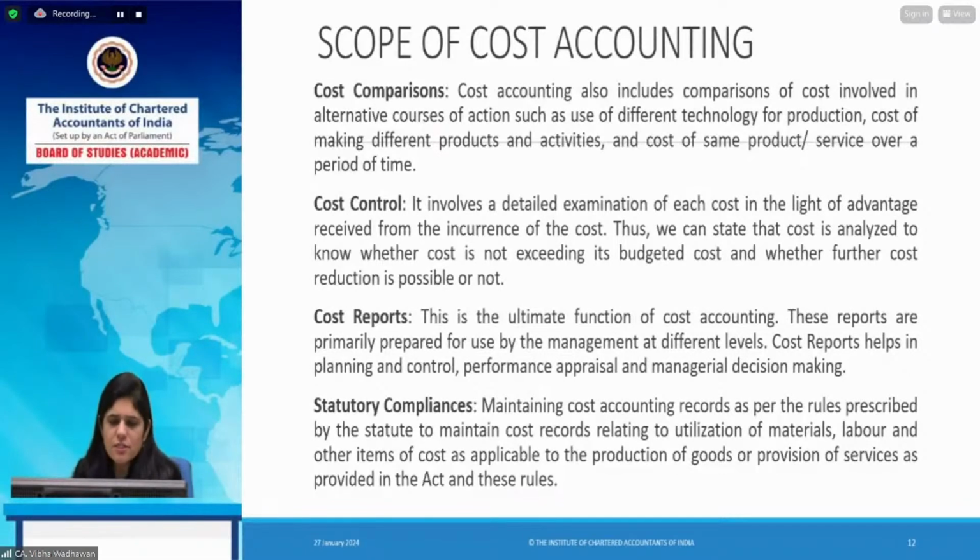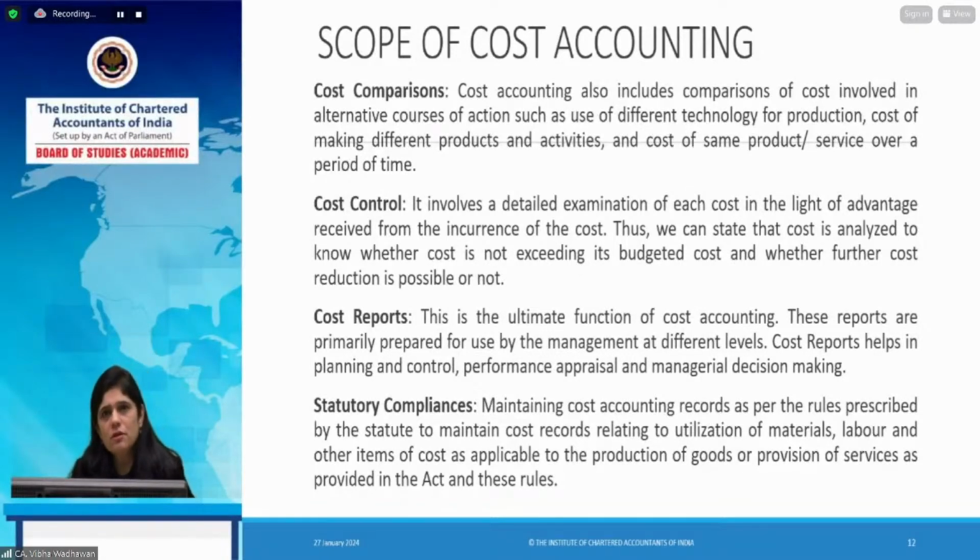Of course it helps in planning and control, performance appraisal, and managerial decision making. It helps management evaluate the performance of the people responsible for their departments, centers, activities or jobs. So it's cost reporting. Without reporting, everything is futile. You cannot check what the performance is. So reporting is always important,